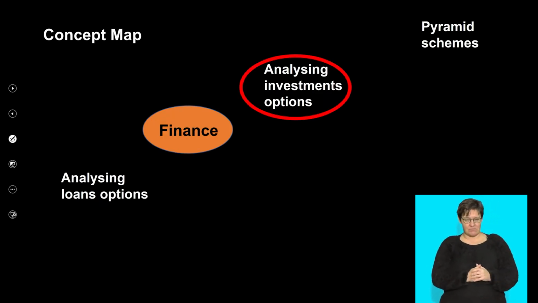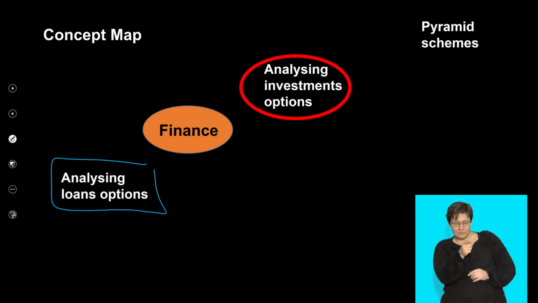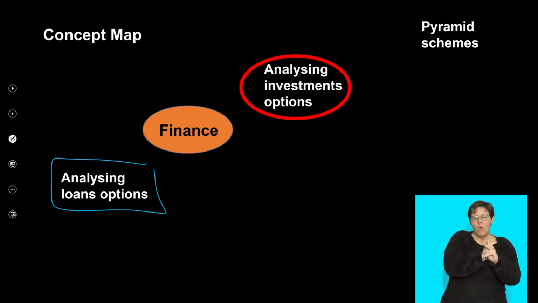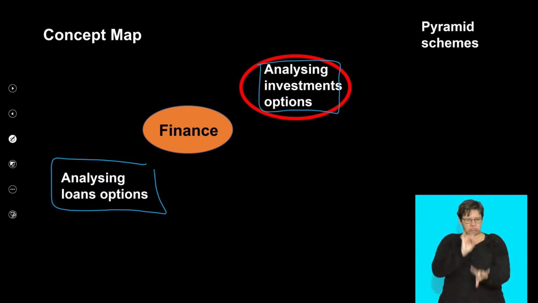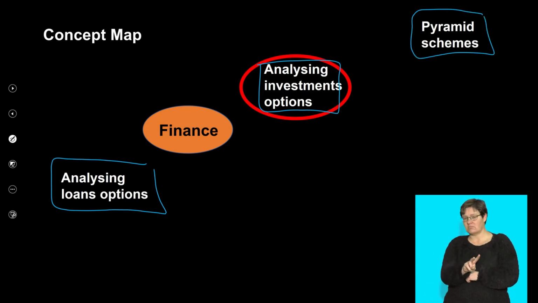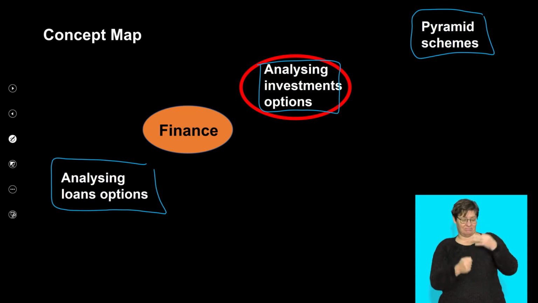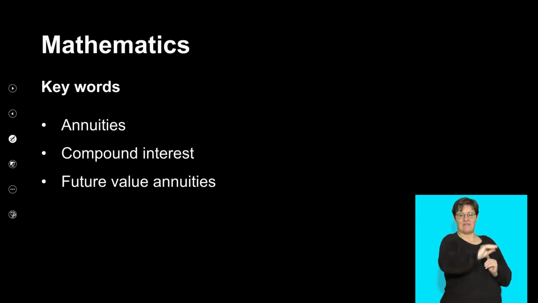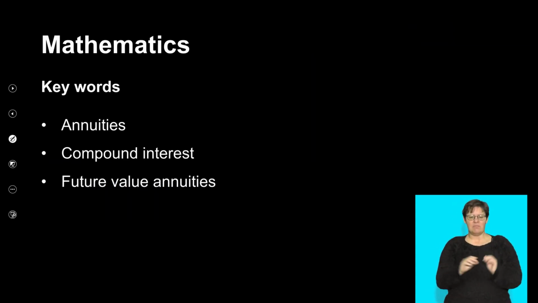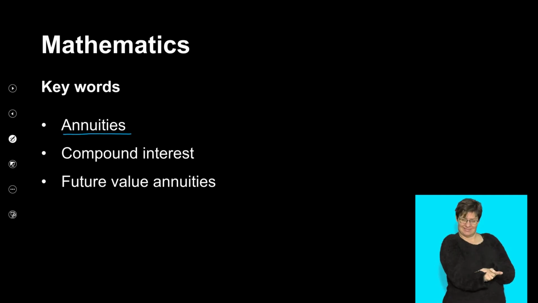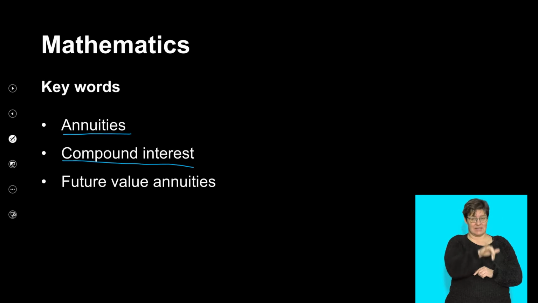And then remember, we're going to analyze some loan options. We're also going to analyze investment options. And then lastly, we're going to look at the pyramid schemes. But for now, let's look at investment options. Now, the keywords under investment will be, you need to know what is an annuity. You need to know how to work with the compound interest,